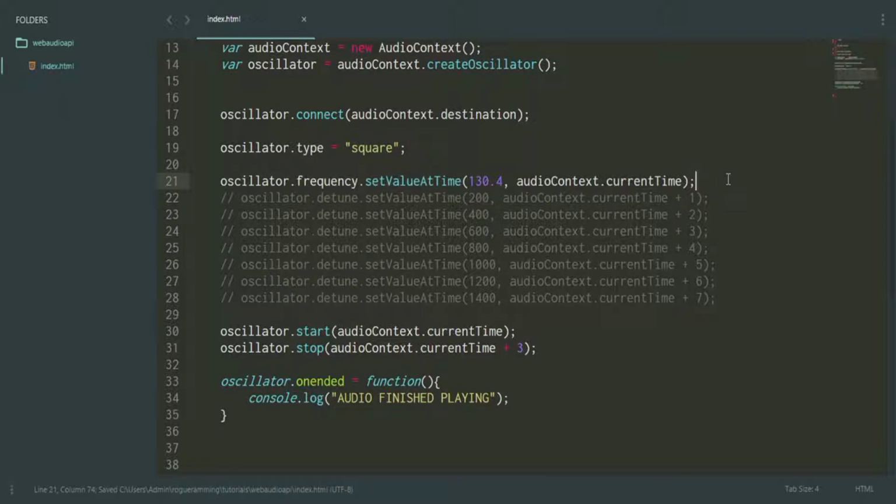For now, I'll set the value. Alright, before detune, there's another property that I forgot mentioning. That is frequency, which is very important. So type is one property, frequency is another property, and then onEnded is also another property, and detune is the last property. So if you see the documentation, there are 4 properties mentioned, 4 main properties. So right now,